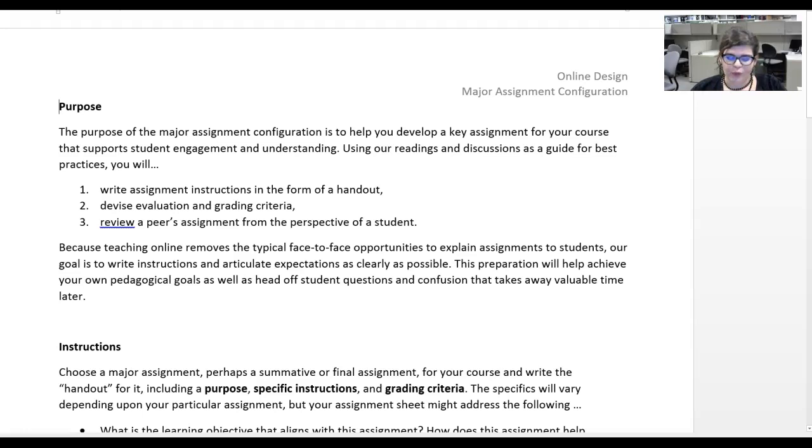I don't know about you, but whenever I introduce an assignment to my students in a face-to-face class, I have a long handout that I go through step by step. The students look at it for a little while. We have a back and forth with questions. I might show them examples of things. And a lot of information that doesn't appear on that handout really does make it into the conversation that I